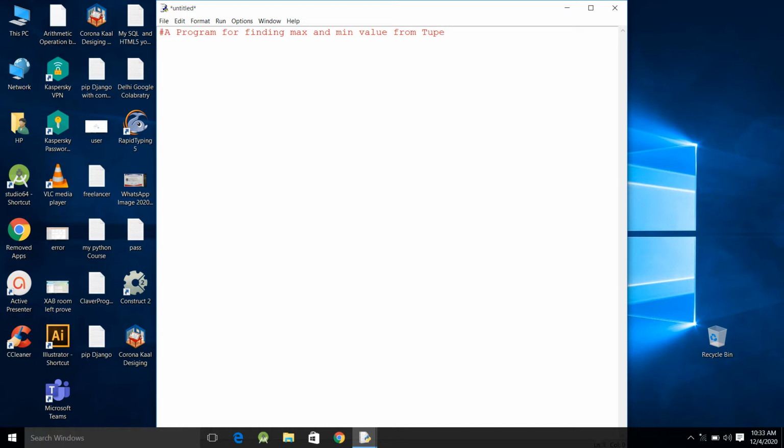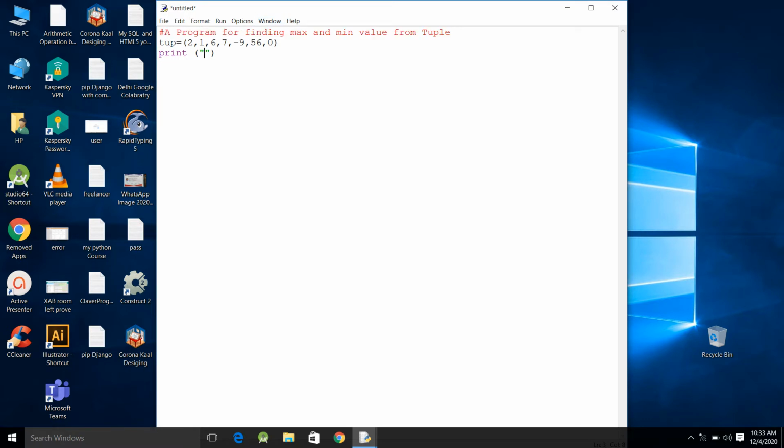Here, students, we are going to create a tuple called tup. Let's say the tuple is 2, 1, 6, 7, and we can enter random values like -9, 56, 0. So here I have entered the tuple. What I am going to do now is print this comment as my output also.